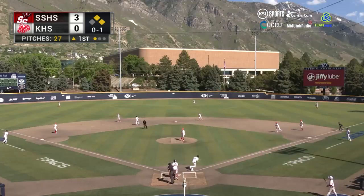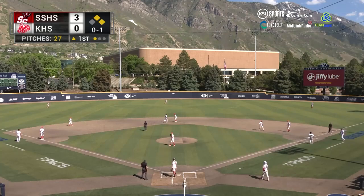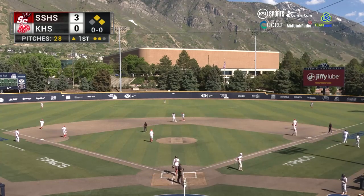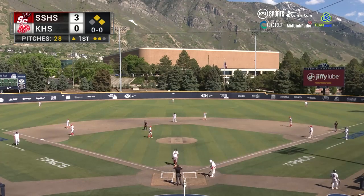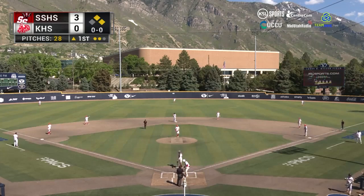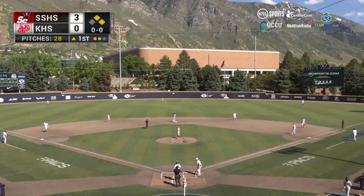0-1 pitch. Brindley drives one to left field. Kabonik settles underneath it and makes the play for out number 2, an F7 for Brace Brindley for the second out of the inning. Runners will hold their positions. Well, they're trying to wear old Cash Kabonik out there. Hitting things at him, hitting things over him, hitting things to his left. Will be to his right, but